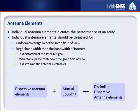So that was about what kind of surface we want. And I'm sure you will agree with me, it should be a convex surface if we can deploy or mount a convex antenna on a given platform. The next thing, which will answer the question you just answered in your poll,